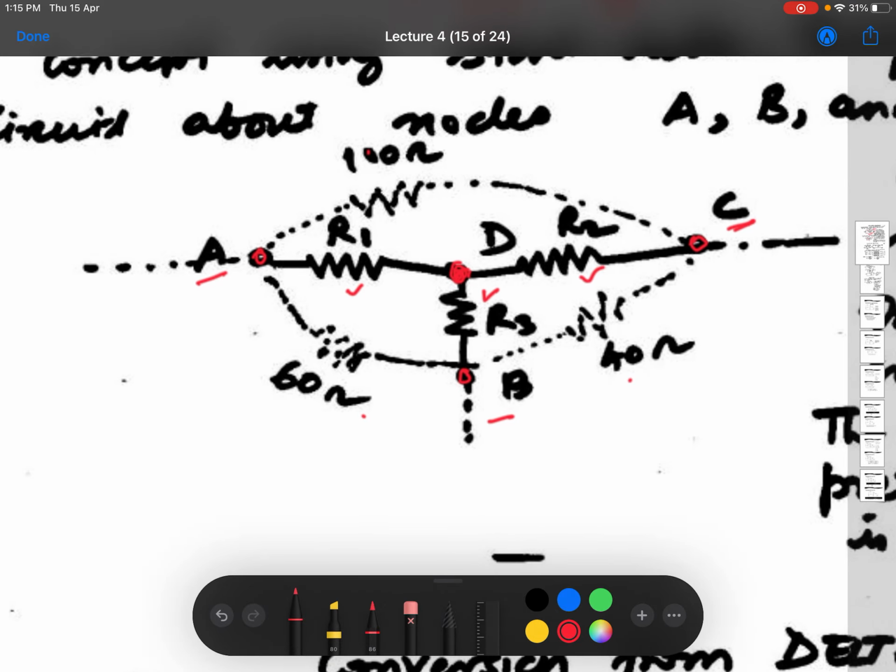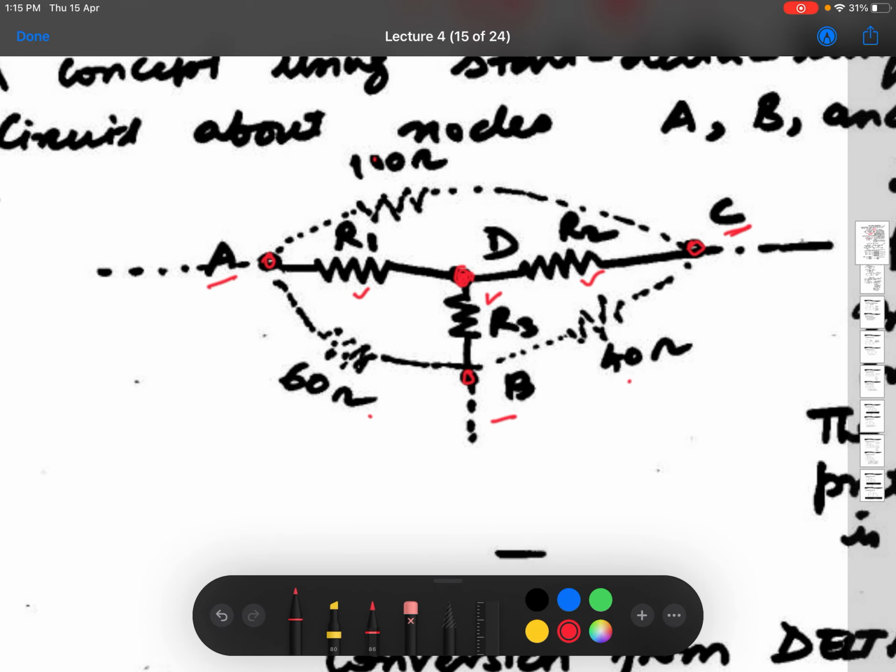How do we say that these two sets of resistances are equivalent? The idea of equivalence of star and delta is simple. Suppose I have a delta connected set of resistances, and I look from the terminals A and B and see what the resistance is, first thing. Then again I look from B and C and check what the resistance is, let's say RBC, and again I see the resistance from A to C, let's say RAC.